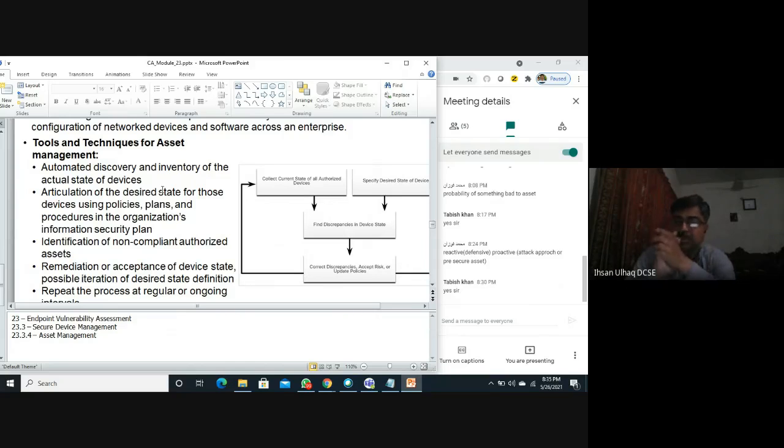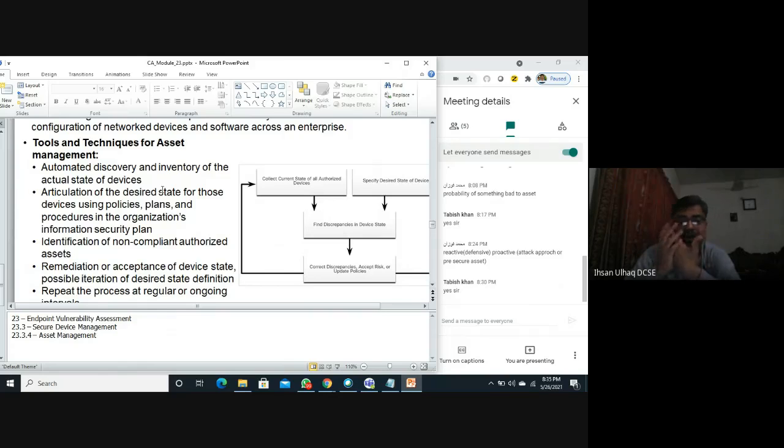The asset is authorized, but the policies are not in line with the standards. Then remediation should be done, corrections should be done, or acceptance of the device state,